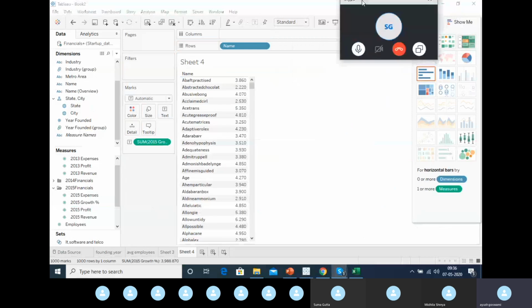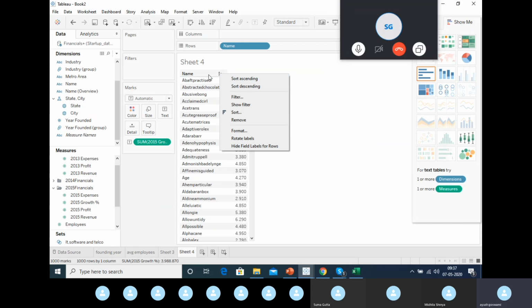Now I can see all the startups arranged in alphabetical order. But we want to see them arranged by percentage of growth, and that too in descending order. The highest percentage should come first, and the lower ones subsequently down. All 10 startups we can then select from here and create a set, and then we can perform whatever operation we want to. So for doing that, you just have to